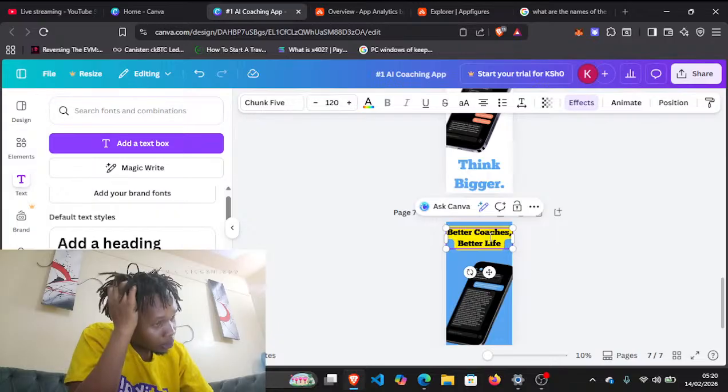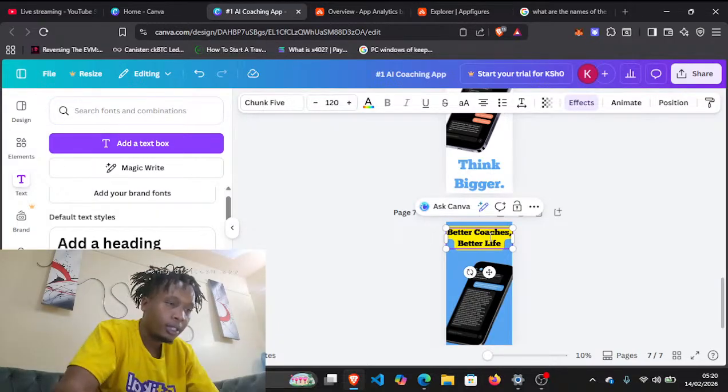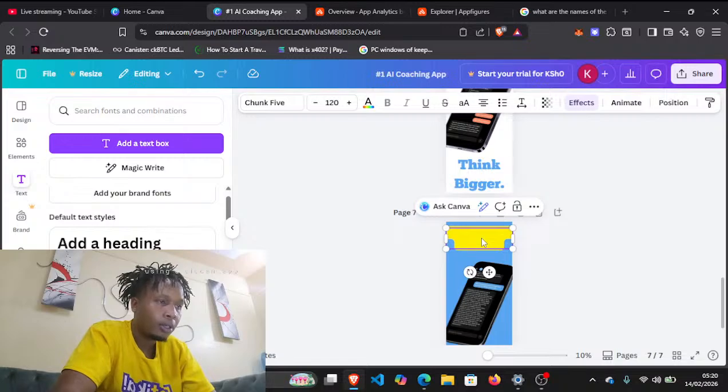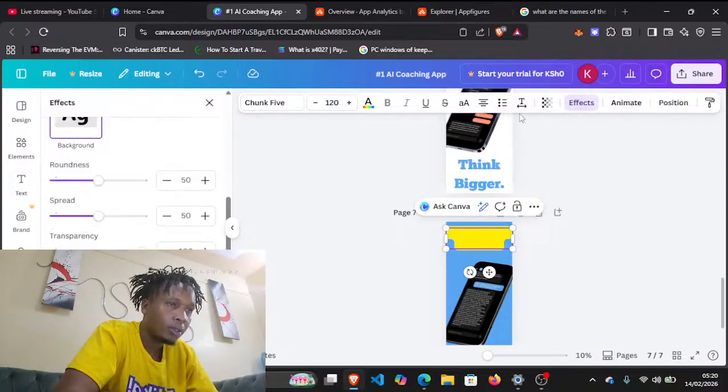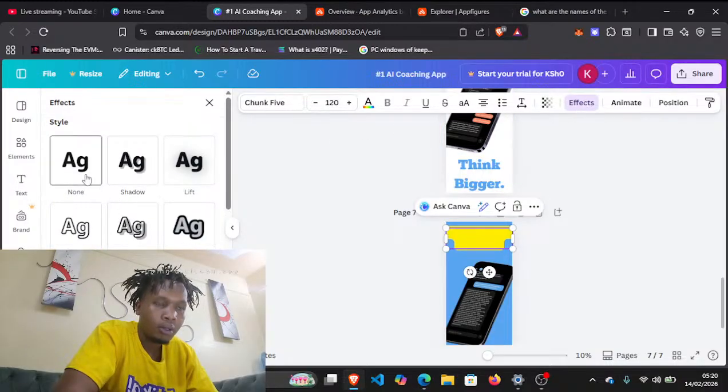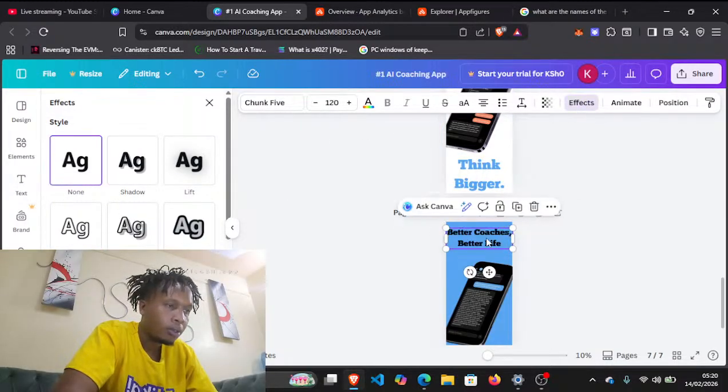So I can't actually just put a background to one if they're in the same text box. So I'll need to cut that